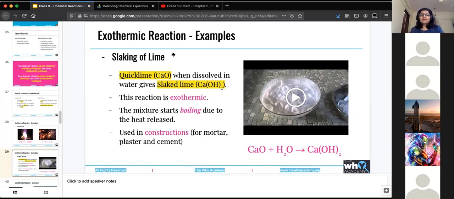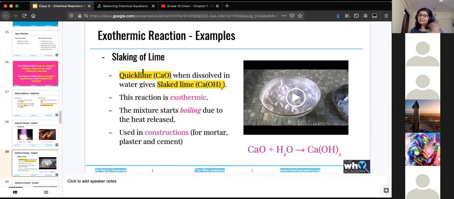Quicklime itself is calcium oxide, CaO. Slaked lime or lime water is when quicklime is dissolved in water, that's Ca(OH)2, calcium hydroxide. Limestone is basically a calcium compound that looks like stone, so that's calcium carbonate, your marble or chalk piece. Whenever you come across the common name lime, that relates to calcium.